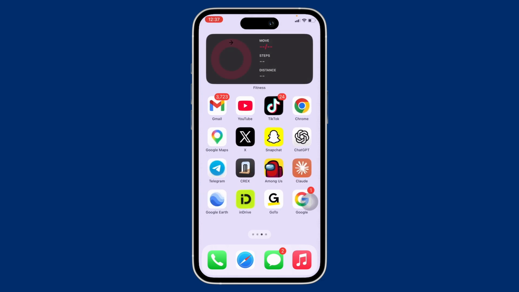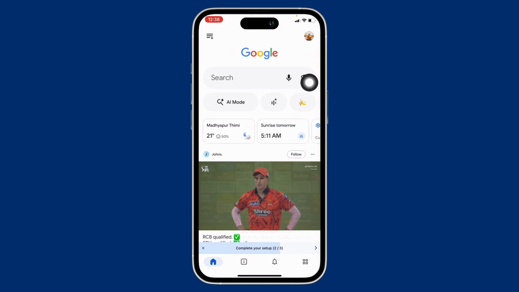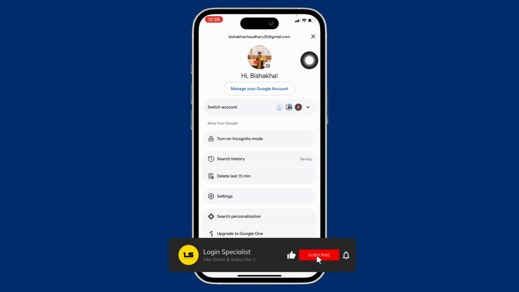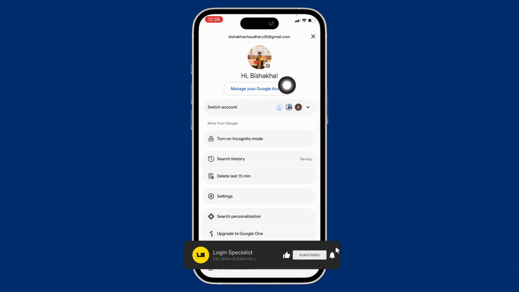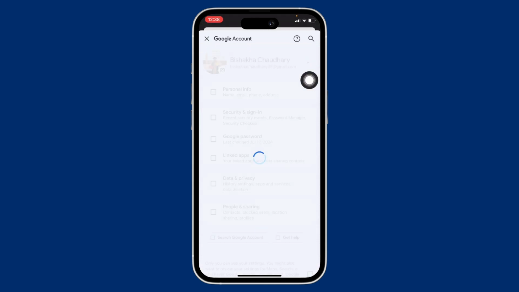Firstly, go ahead and open any of the Google applications on your device. I will open Google itself. Now, make sure that you are signed in to the Google account that you want to delete, and now tap on your profile icon on the top right of your screen, and here you will see the option for manage your Google account. So tap on the manage your Google account option you see there,